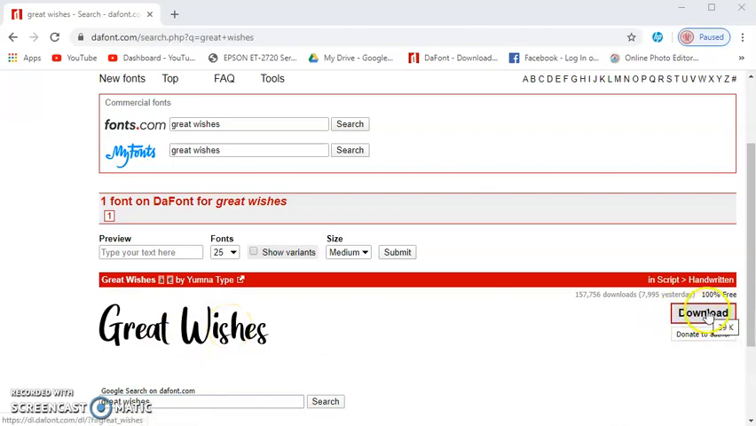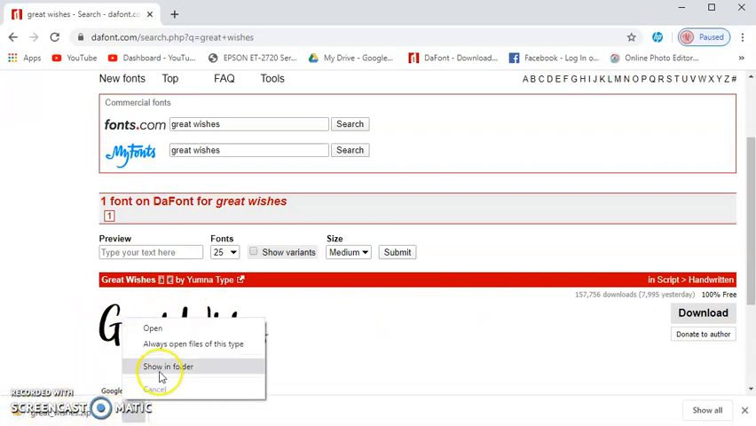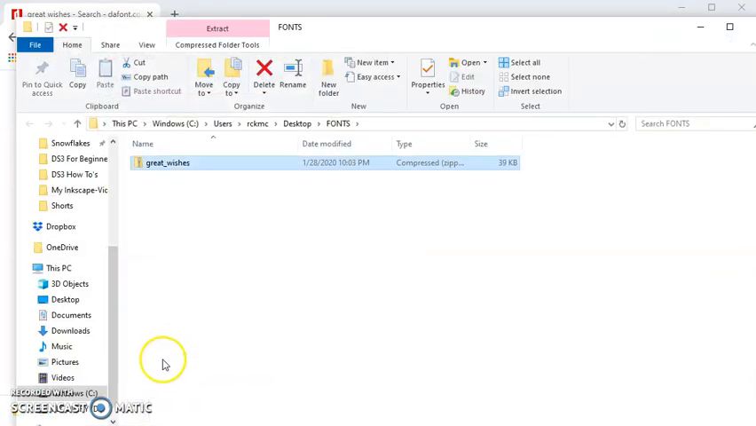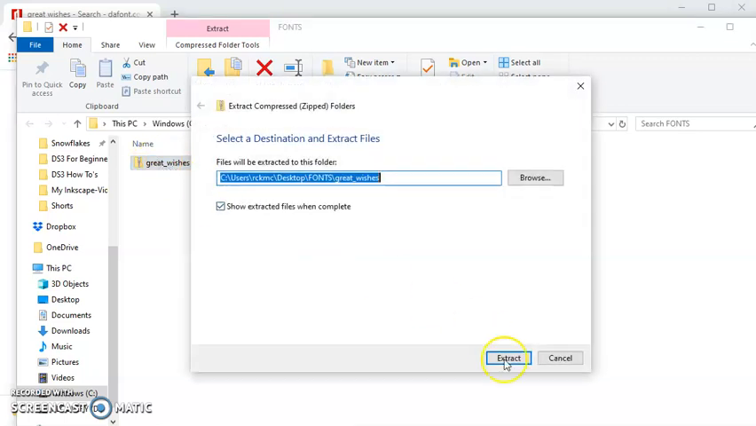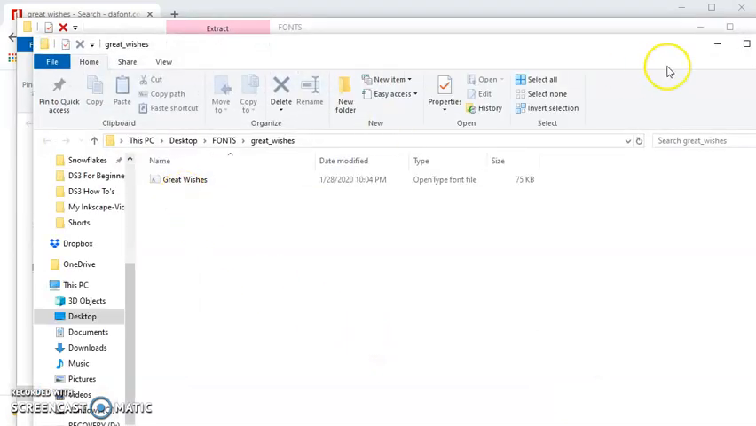font. So I'm going to click download, and in Chrome it'll download here. You can click on this little arrow and show it in the folder, and it'll open up your Explorer. And then what I'm going to do is right click on it and extract all. Okay, don't just double click on it, extract it. All right, so I'm going to extract it, and now I have